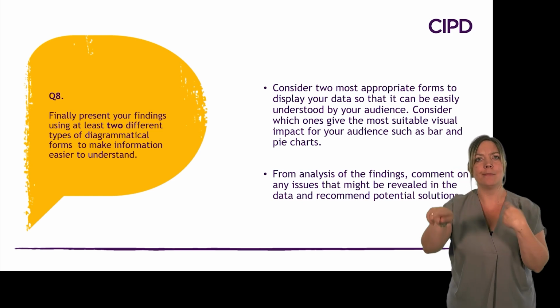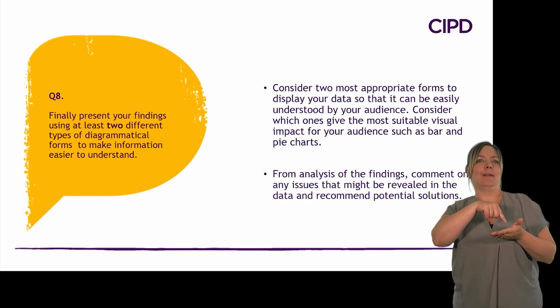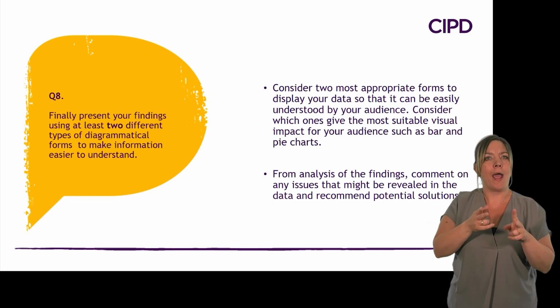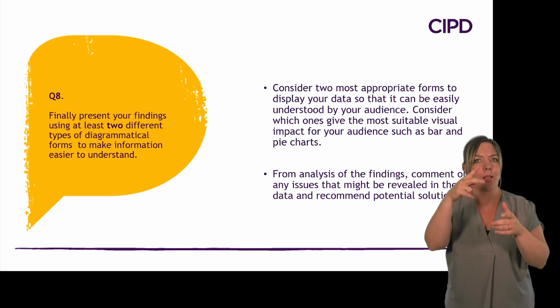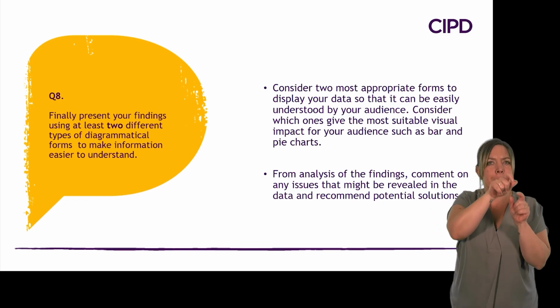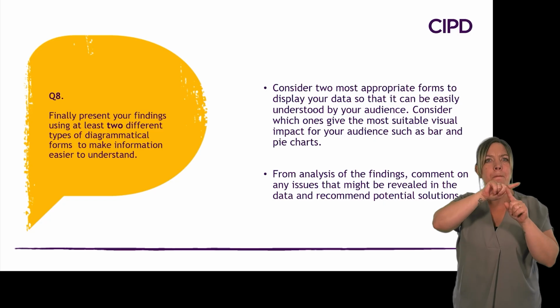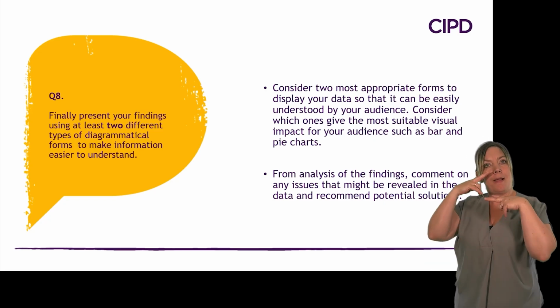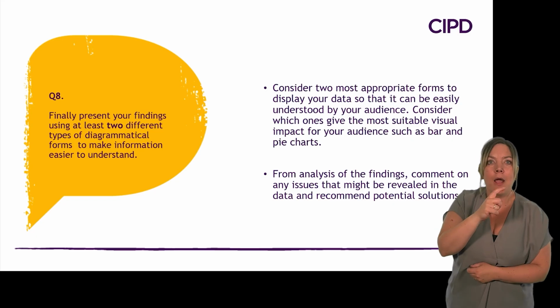Consider which ones give you the most suitable visual impact for your audience, such as bar charts and pie charts. From the analysis of the findings, comment on any issues that might be revealed in the data and recommend potential